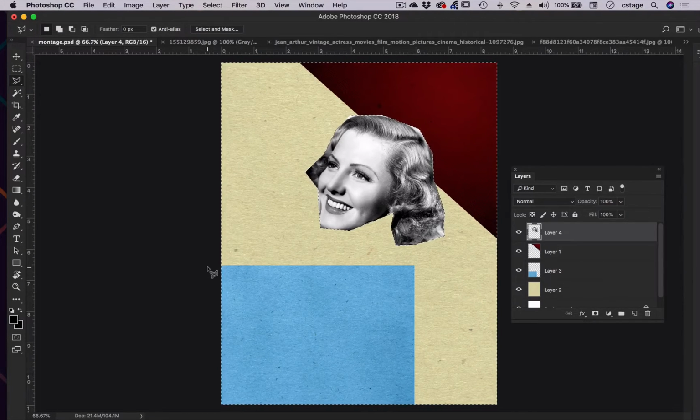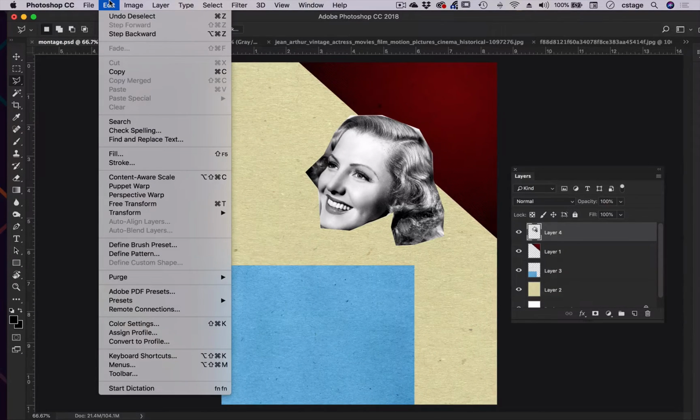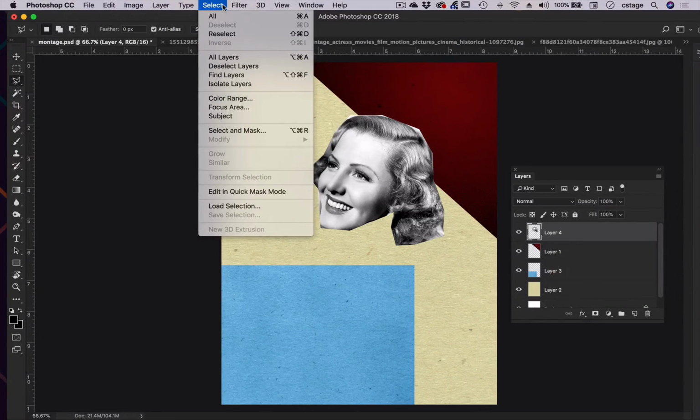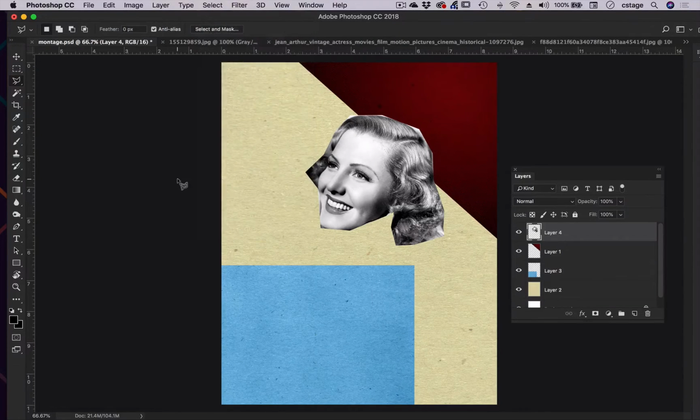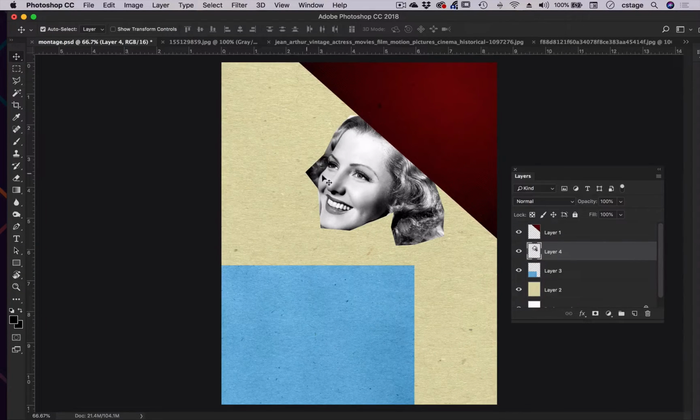Now I don't want to leave these marching ants on, so Command D is deselect. I can also go up to Select and Deselect right here. It's grayed out because I already did it. All right, so now I've got her head there. Okay, awesome. Now I could move her below this layer right here and go back to my Move tool and